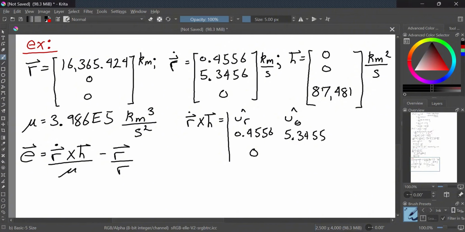I realized I copied this down wrong. That's supposed to be it. That is supposed to be a 5. 0.3455. Angular momentum tangential is going to be 0, of course. And then UZ. 0 velocity in that direction. 87,481 in the Z direction,